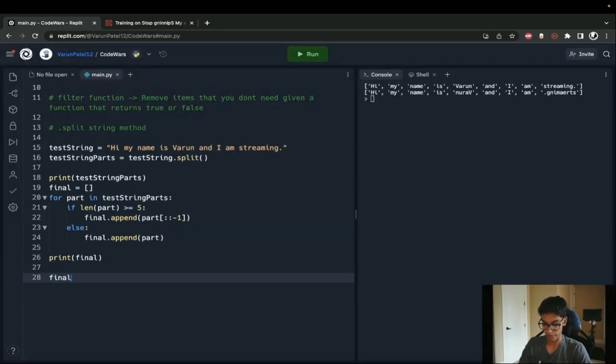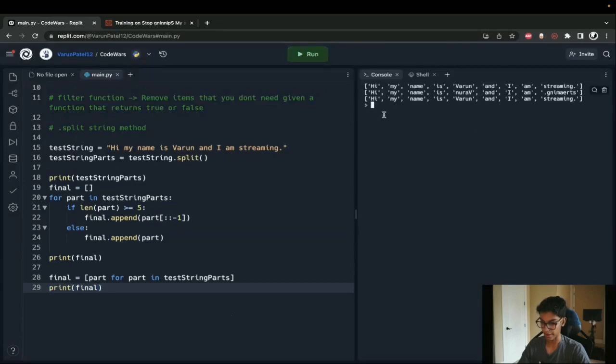So again, let's start with what we know. If I wanted to just print out every part in my test string parts, I would just say part for part in test string parts, right? That's just this clause right here, and I'm just printing out the part with nothing done to it. Print that out. That's just what we already have, right? Now,